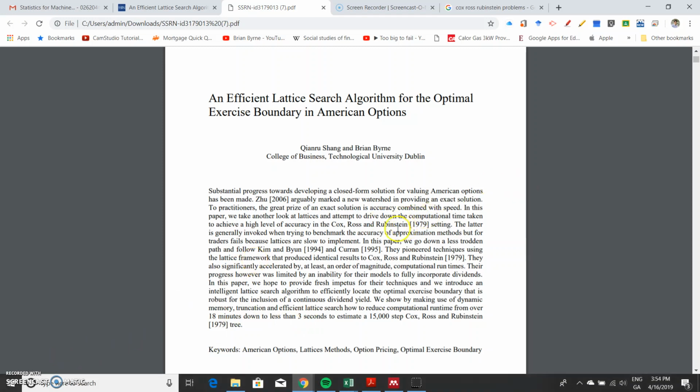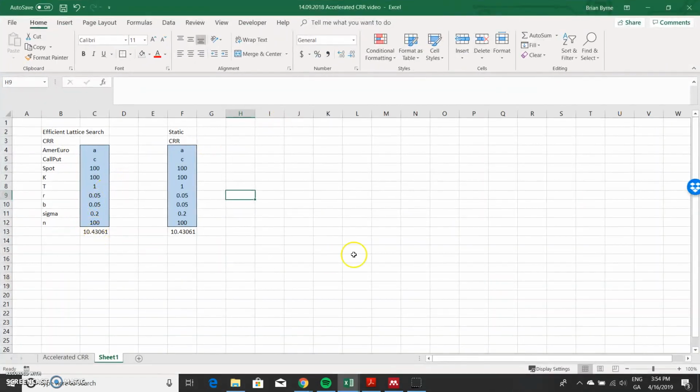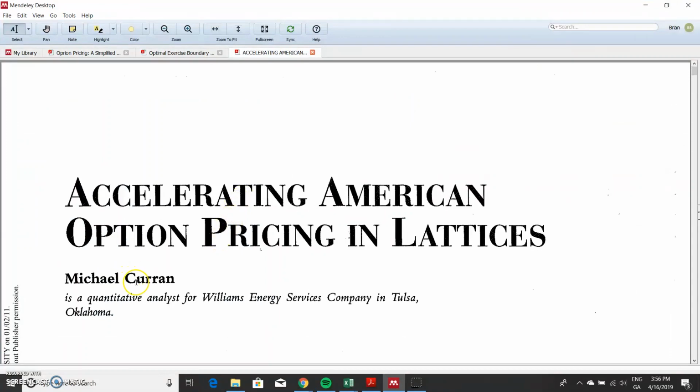Okay, so what I've done here then is I've set up a little experiment. I've got 2 snippets of code, and one where I've set out this static type code, and we can look at the estimation time. Now I know the true value here, this is an American option, so I'm looking at the value of American options with a call specification. And there is slow code, and then there's the faster code that we've developed in order to take advantage of this efficient lattice search. And we also borrowed the idea from Curran,